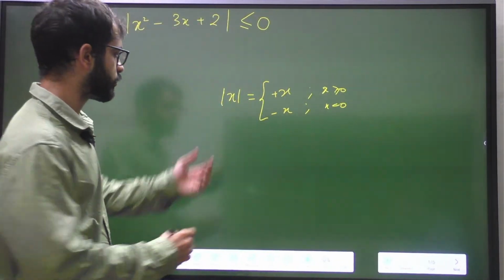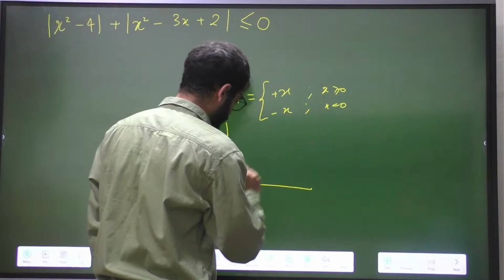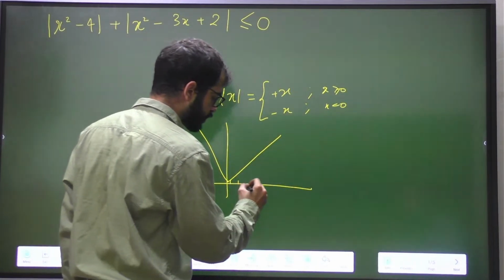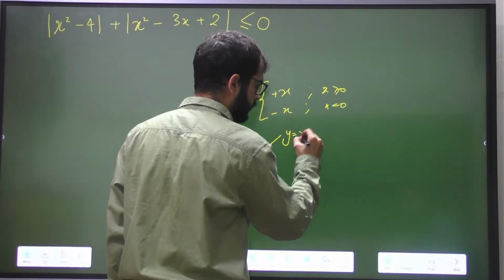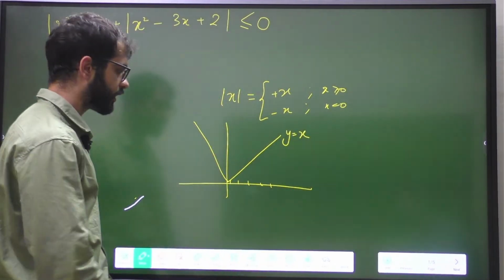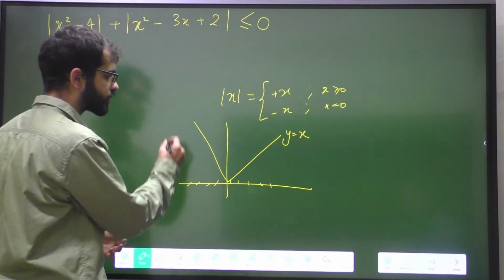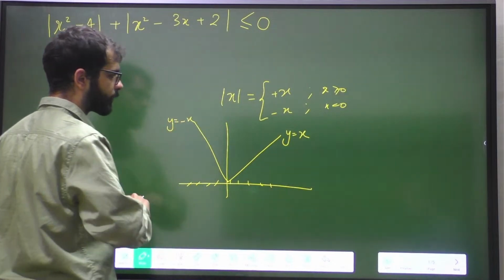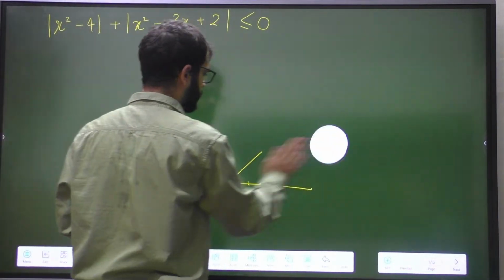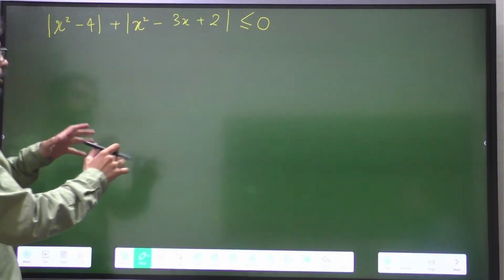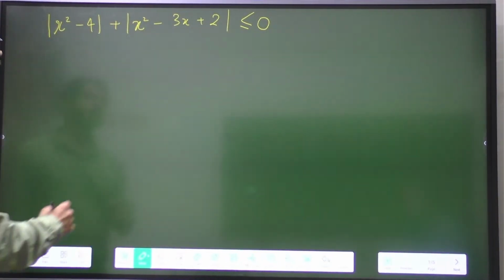अगर mod x में डाल रहा हूँ, so the graph looks like this. That is, if the input is positive, the graph function follows the graph y equals to x, and if the input is negative, then the function follows the graph y equals to minus x. So I hope this is clear. अब आगे बढ़ते हैं. If I have to apply that knowledge to solve this question, तो हम observe करेंगे